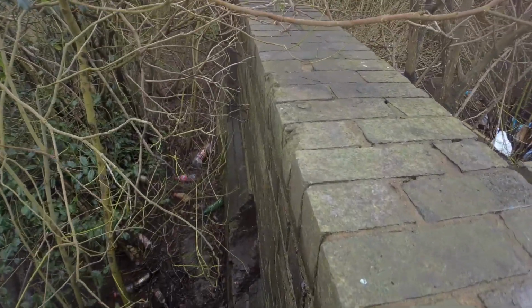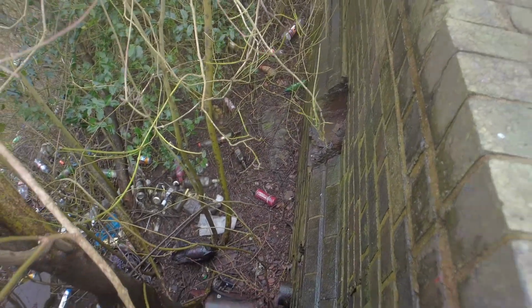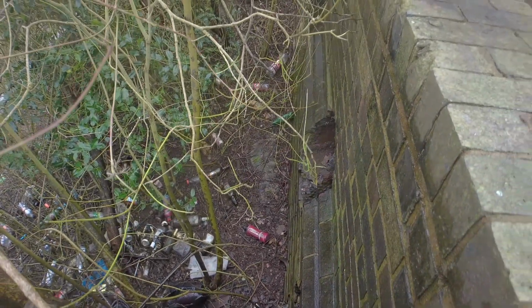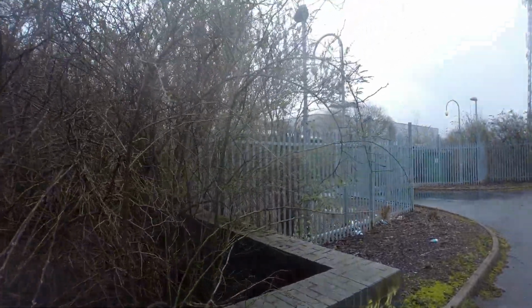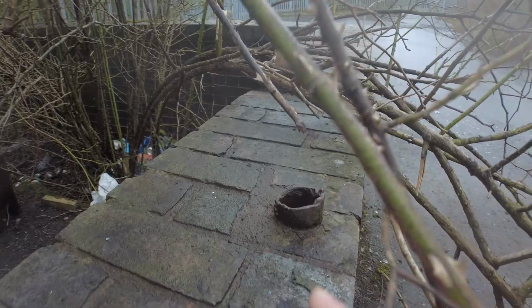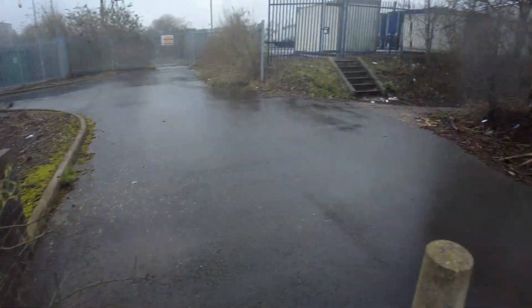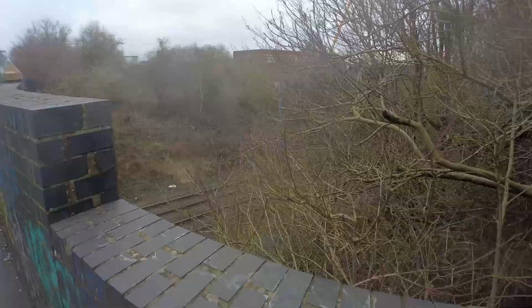I'm going to have to go down and have a look around the bottom part, but you can see a lot of people have been drinking, and you can see there an old water sewage pipe or drainage pipe. So I'll do, and there's a remnant there, look, an old pole that's been cut just there, about that. So what I'll do is I'll go down the bottom and then walk you down to where the OS maps show